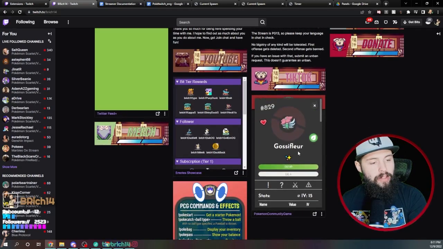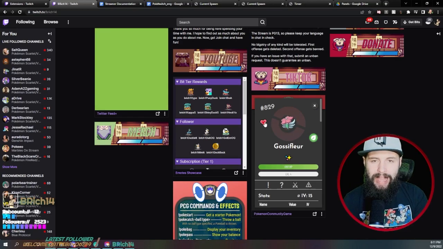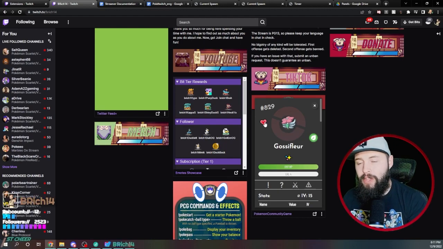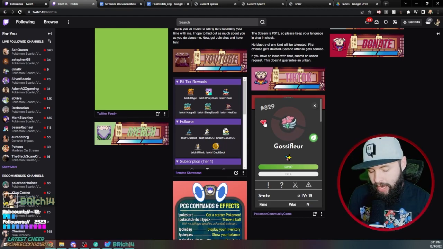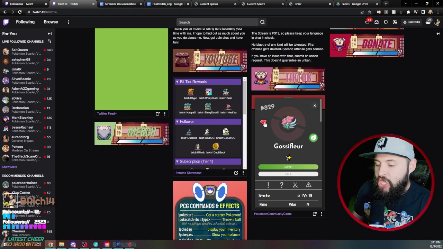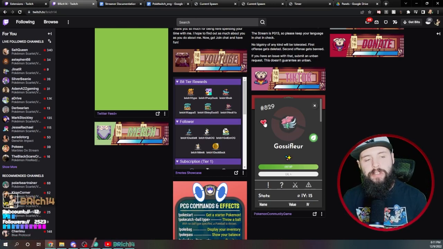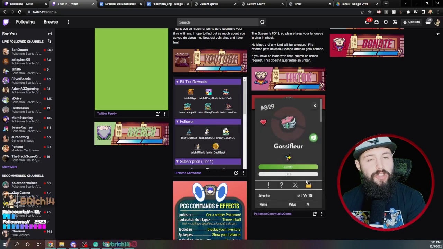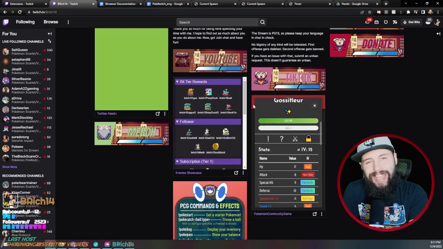The next feature I want you to look at is this heart. This heart here is my buddy. So Gossifleur is my favorite shiny that I have found, and I've clicked it as my buddy. So if I ever use the command PokeBuddy in a chat, it'll bring up the stats and details about this Gossifleur. You can change that by clicking the heart on a different Poke. The last thing here is this exclamation point, which just locks the Pokemon, so you can't mess it up.